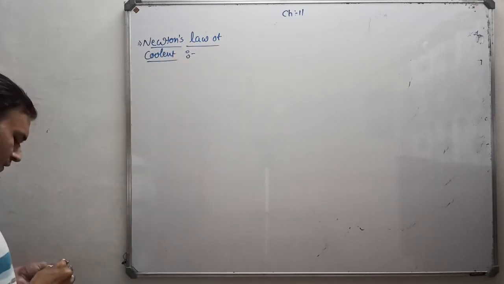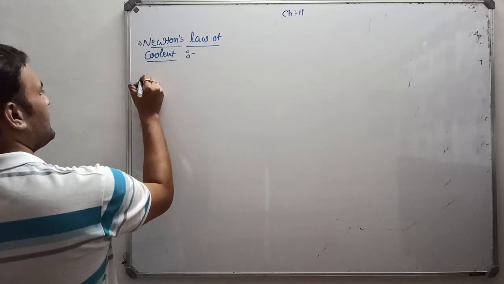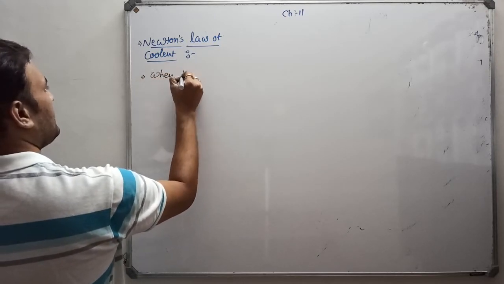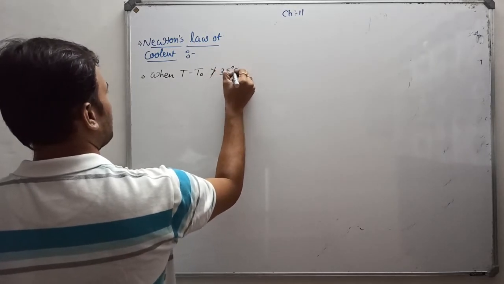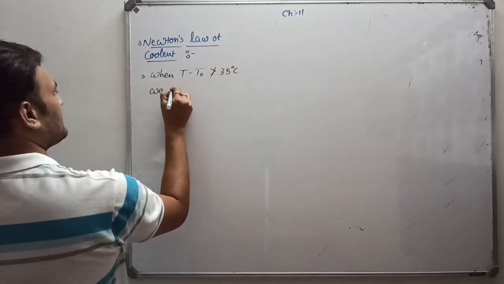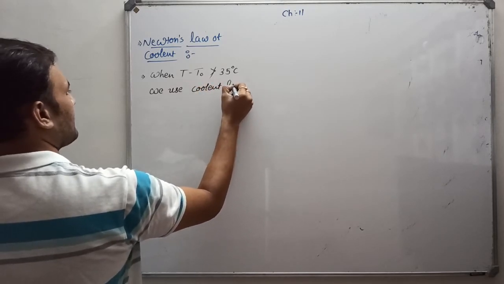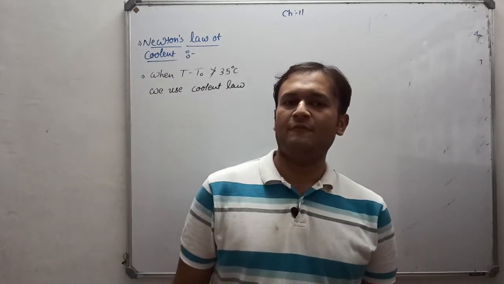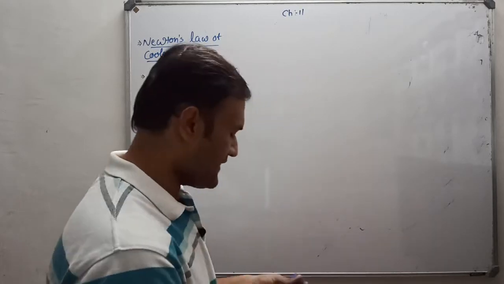Newton's law of cooling is basically a fall of temperature concept, but we use it when T minus T0 is not greater than 35 degrees, because the temperature difference is less than 35, so the heat loss is not by radiation. Okay, so we can say this is